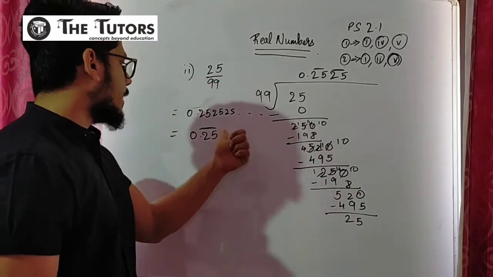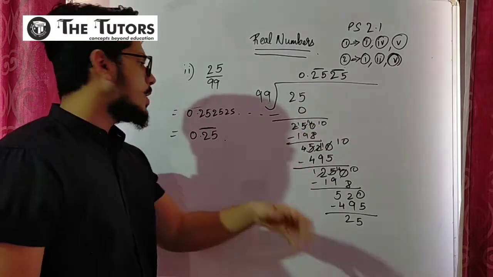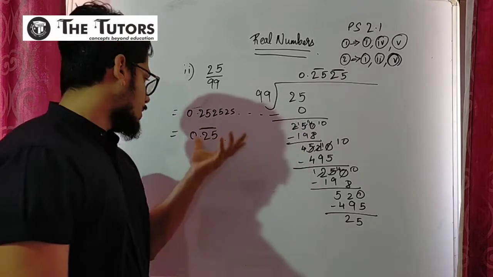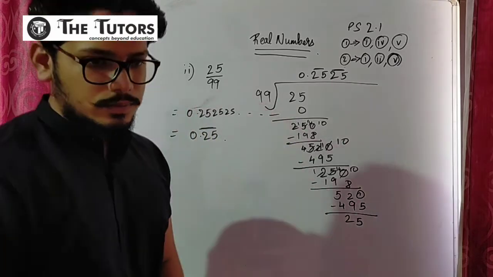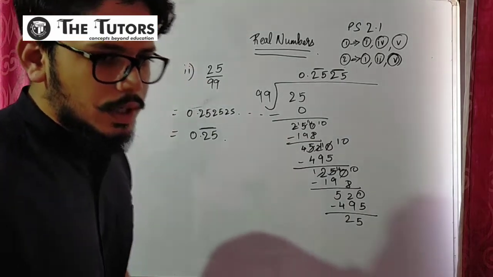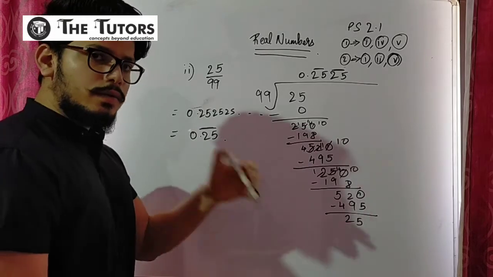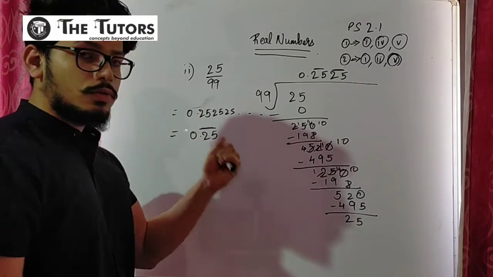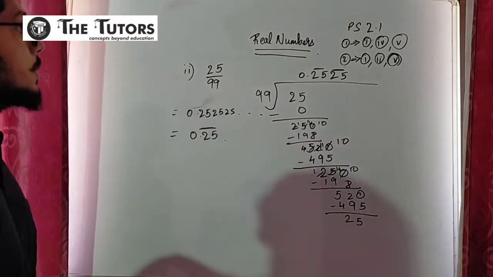This is the bar you learned in 7th and 8th standard, that if a number is of recurring type, you give a bar on 2 digits or 3 digits and you give a point on 1 digit. Next question. If you still don't understand this, just pause and do this calculation at home. If you still don't understand it, ask us on WhatsApp or in the comment section. Take a good look at this.